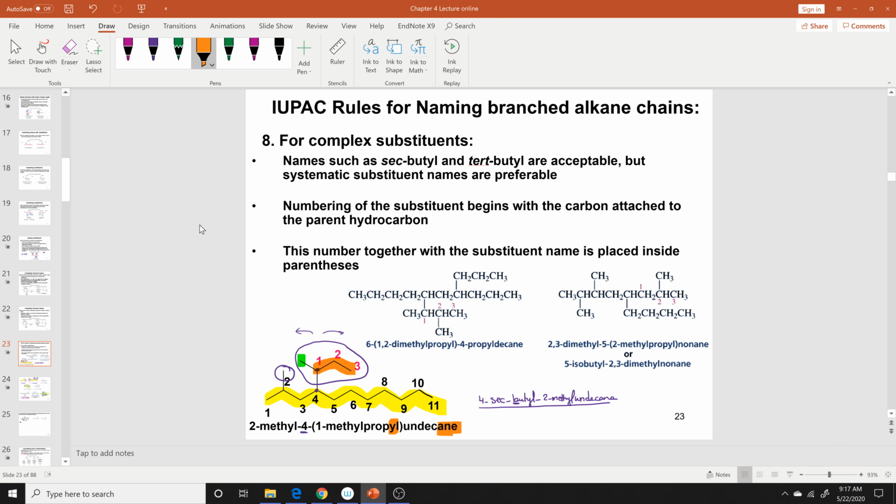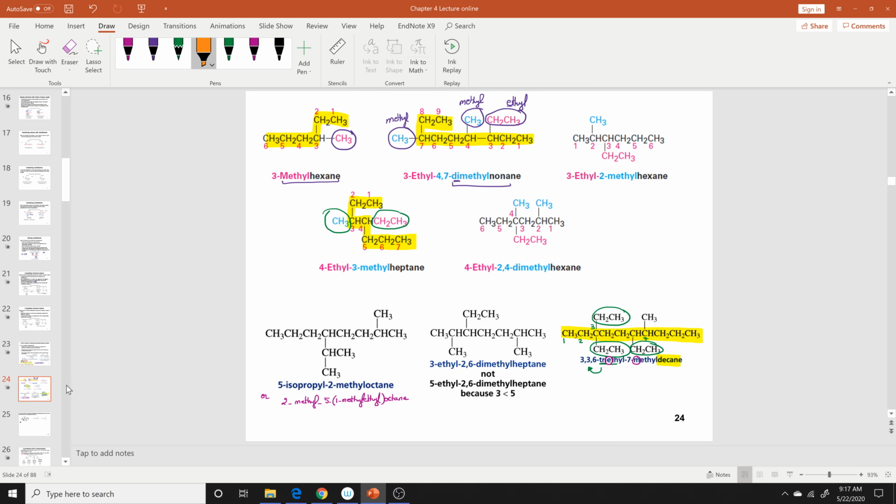Now, when I arrange this in alphabetical order, the M's are the same over here. So I need basically to check the M versus the P. So methyl comes before the P. So this is why I started here with 2-methyl. On 4, I have all of this complex group. And then I have an undecane, which stands for 11. Let's have an